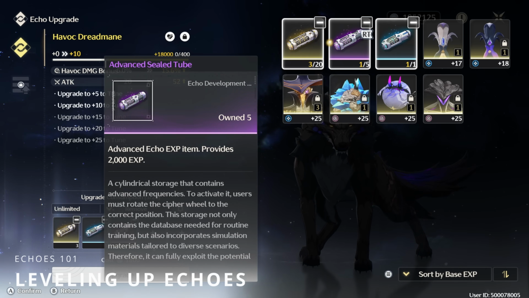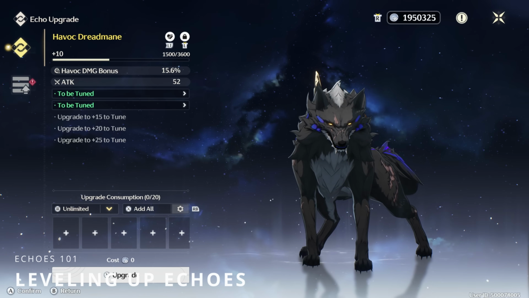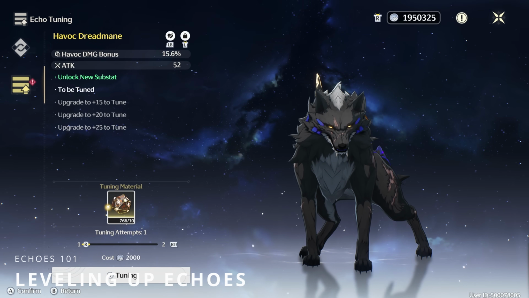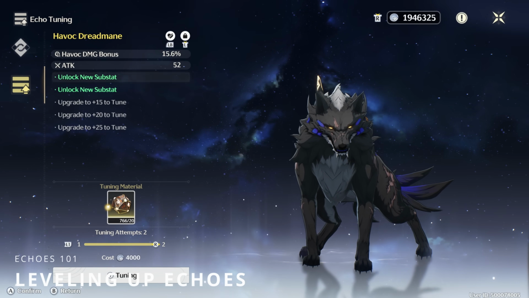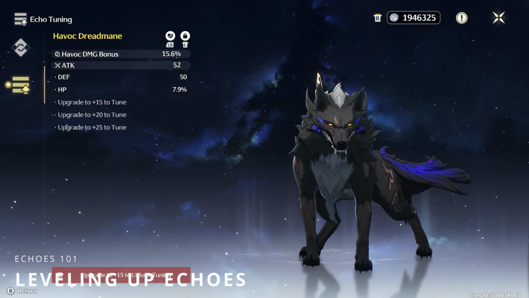Now, there's a bunch of ways you could actually min-max this so you can waste the least amount of materials as possible, but I will let you guys know what I do. What I personally like to do is when I get a decent main stat on a specific echo, I level it up by 5 to 10 levels and then roll 2 substats,